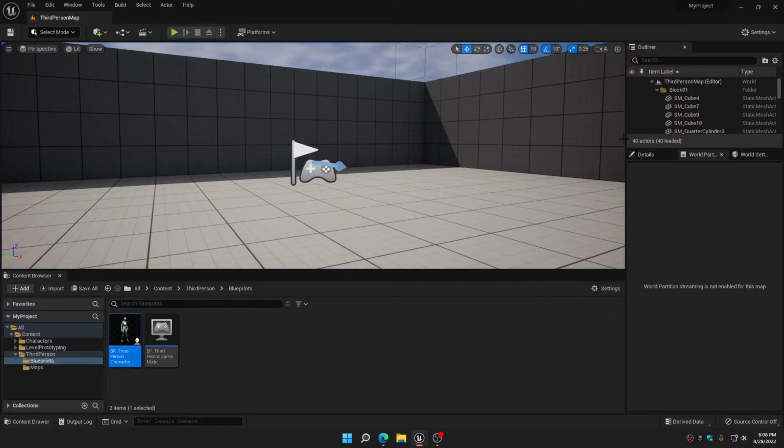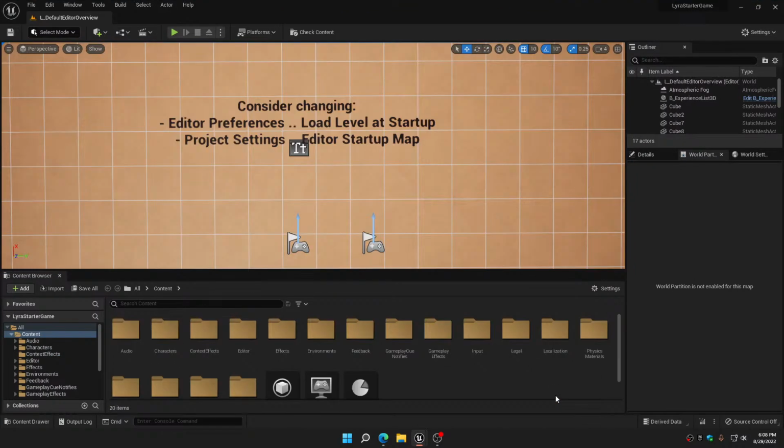Okay. The first thing we're going to do is get the animations that we're going to be using out of Lyra and migrate them into this project. So in Lyra, if you go into the characters folder, then into the heroes, then into the mannequin, not the UE4 mannequin, the mannequin, and then into animations, there are tons of animations in here. Underneath Locomotion,